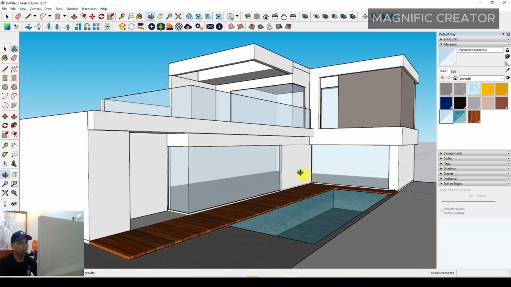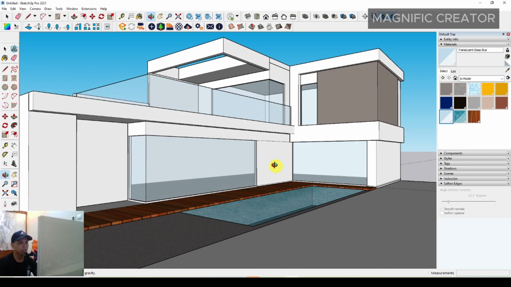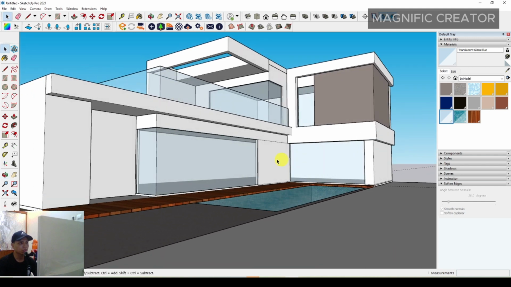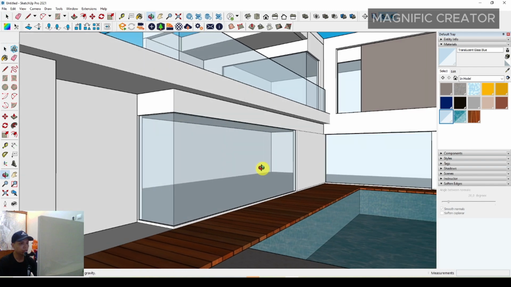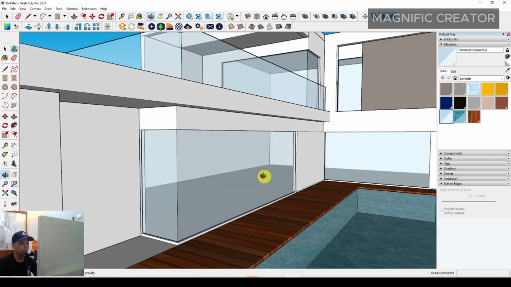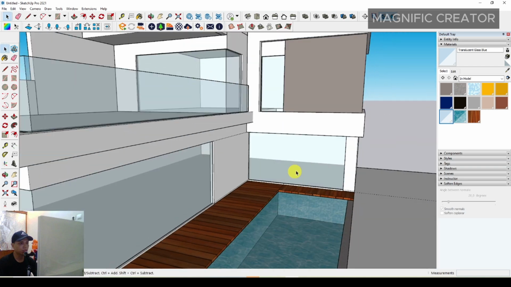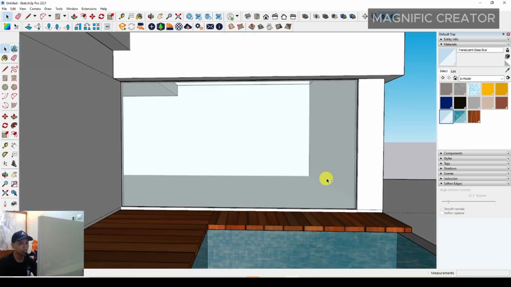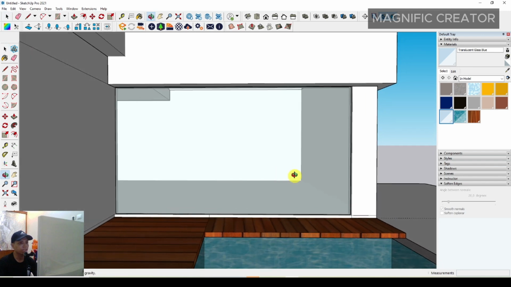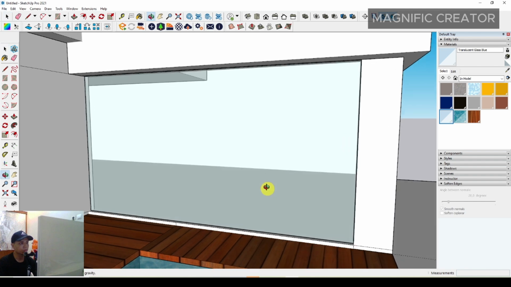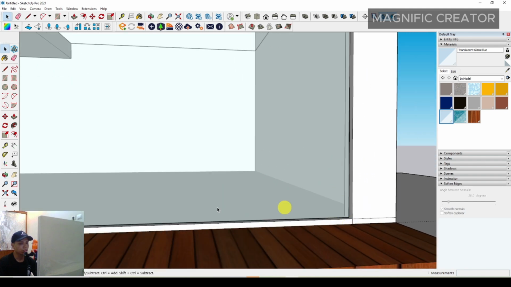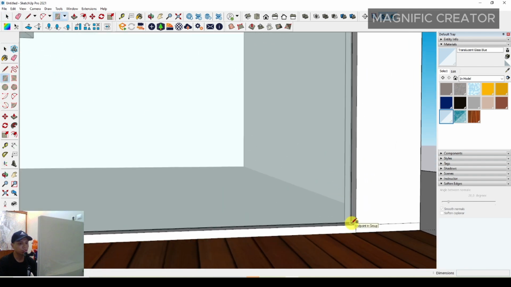Okay, you can see the shape of the house, and you can make another frame of the house. You can use a rectangle, something like here,